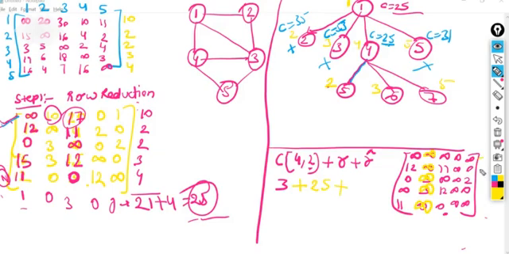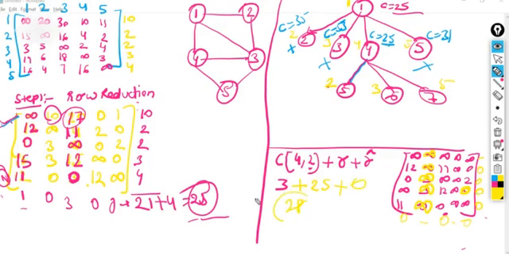So 25 plus, is there any further need to reduce it? So check it out. This is null, no need to check it. It's 0, it's not 0 here. So 0 is available here, 0 is there, 0 is there. Column wise also we are checking, yes. I'm just checking it. It's 0 actually. It's not infinity. So no need to reduce it. This particular adjacency matrix is already in the reduced form. So no need to further reduce it.